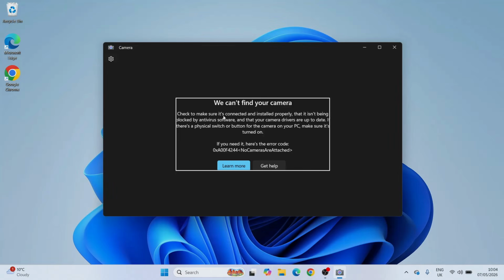We'll guide you through how to fix "we can't find your camera" and fix this error code here in Windows